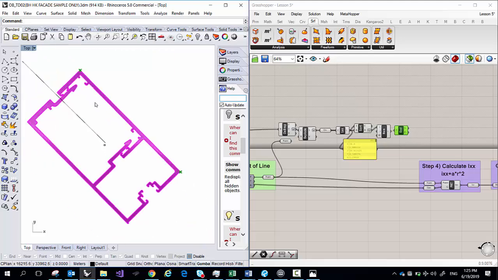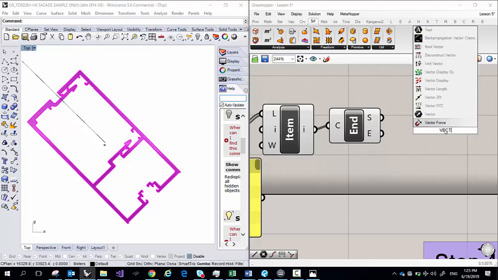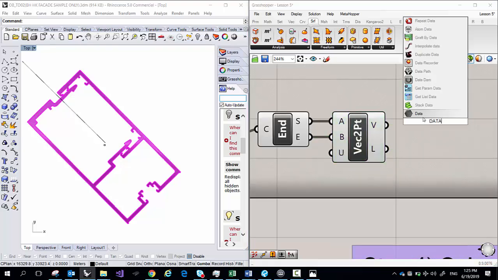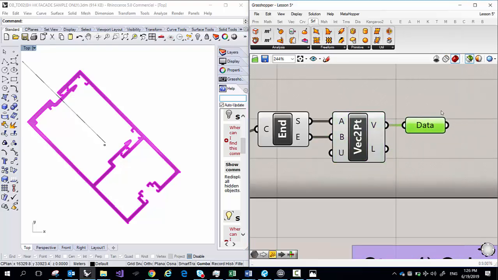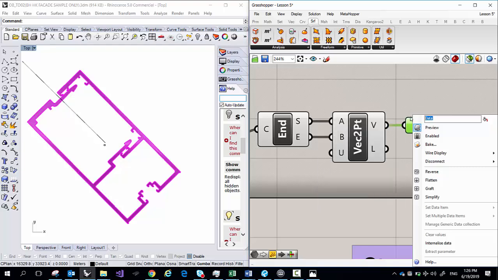That looks right for the first vector, right? So congratulations. If I go vector 2 points, we're going to call that one E2. Congratulations, we have officially found E2